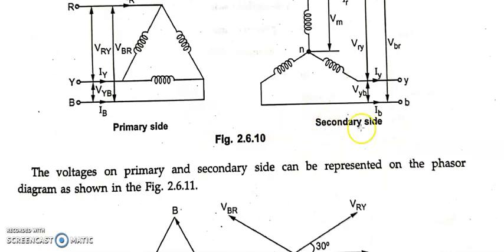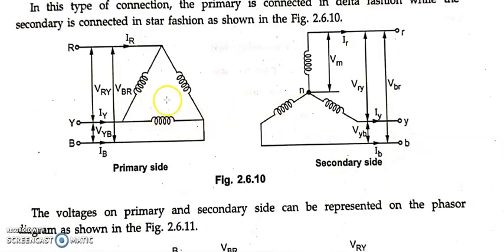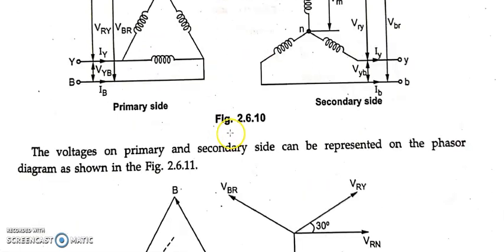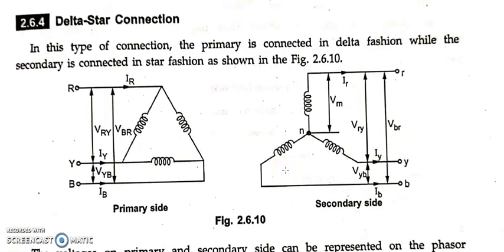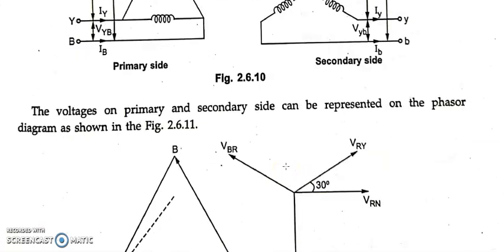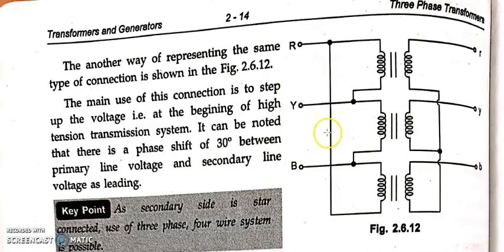And here also we are going to see the phase shift when delta and star are kept overlapped on each other. You can see the phase shift here, a 30° phase shift is seen. Also your delta star connection transformers are not suitable for parallel operation. Okay, the connection is the same as that. Make sure the first one is delta, the other one is star, that is the secondary side.